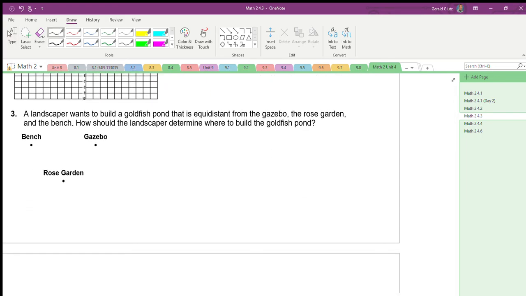Example 3. A landscaper wants to build a goldfish pond that is equidistant from the gazebo, the rose garden, and the bench. How should the landscaper determine where to build the goldfish pond? Well, if it's equidistant from each of these points,